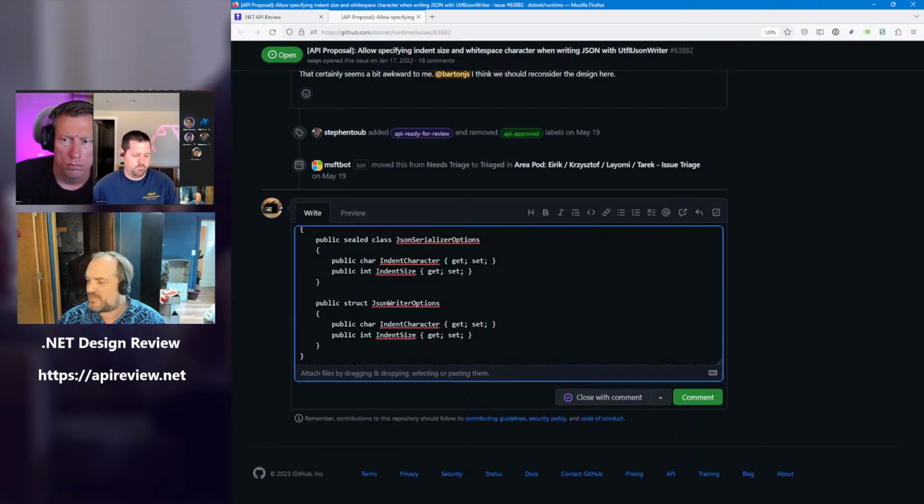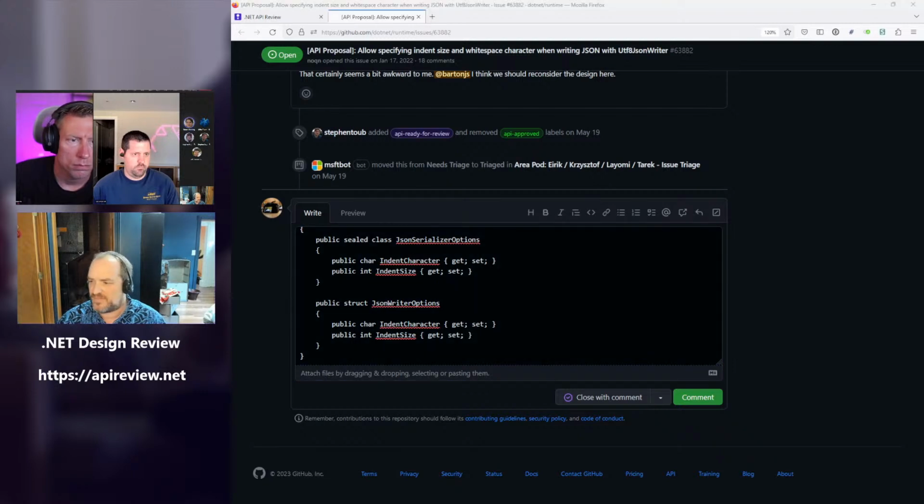So some people might think that you increase your indentation by doing indent size plus plus. I'm just wondering if there's something more clear, especially since size isn't the normal terminology we use in other APIs to indicate how many of something there is.